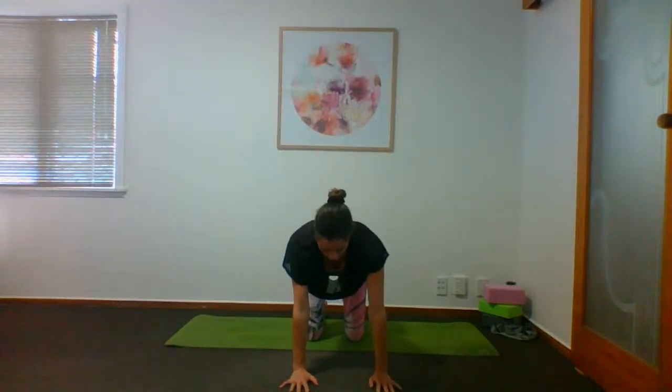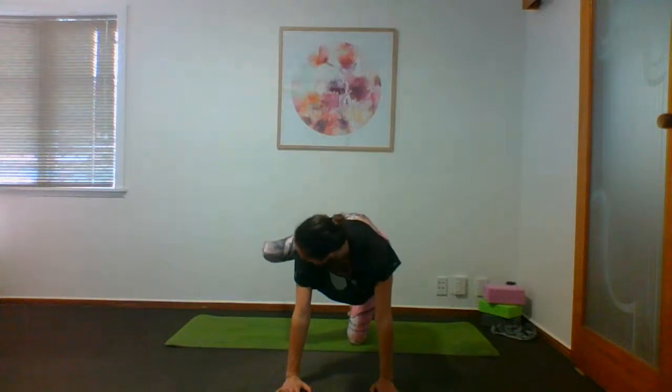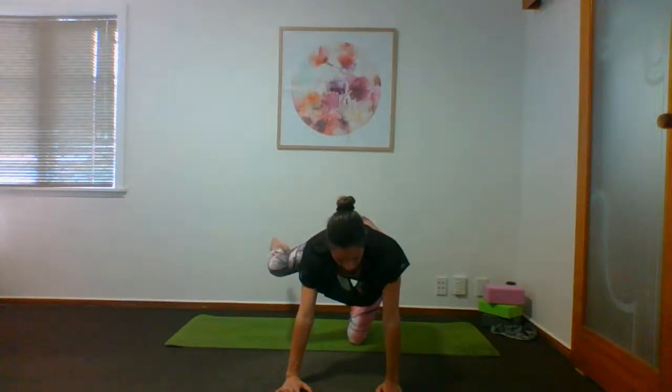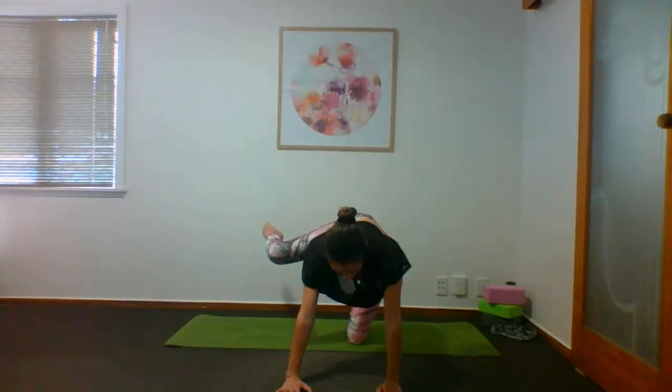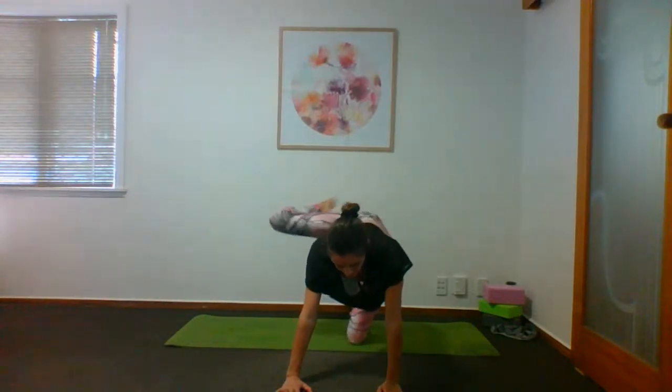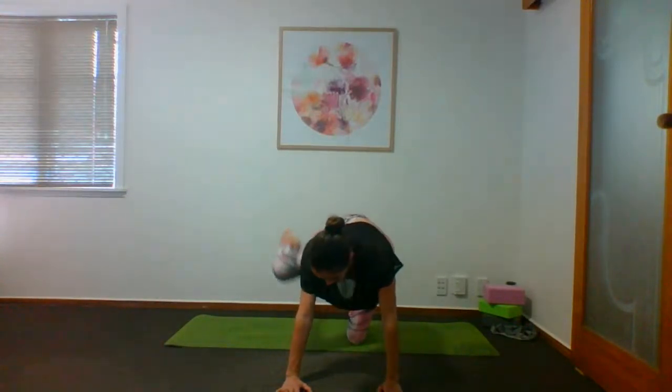With an inhale, lift your right knee out to the side. Take a moment to check your knee, make sure it's not dropped. Really lifting it up. You can inhale to lift it higher. Then exhale, nice big circles forward with your knee, trying to lift it a bit higher each time you come